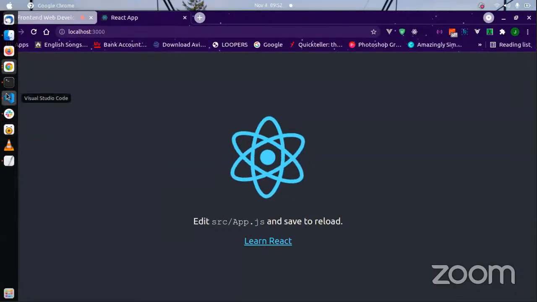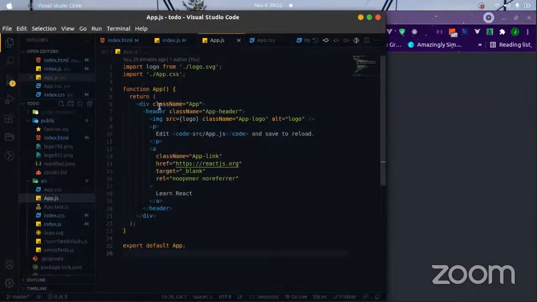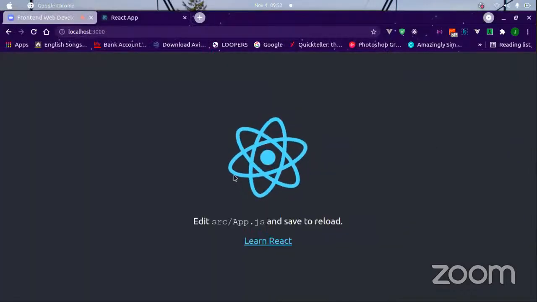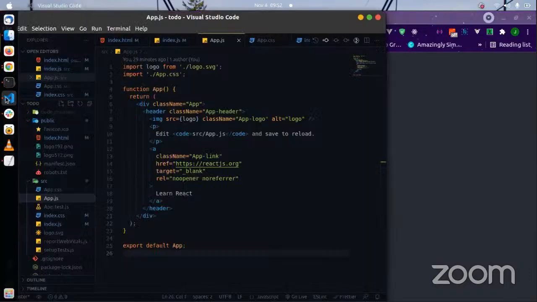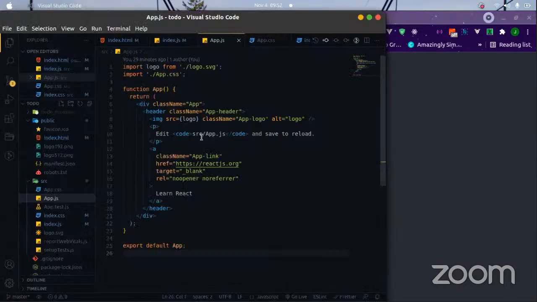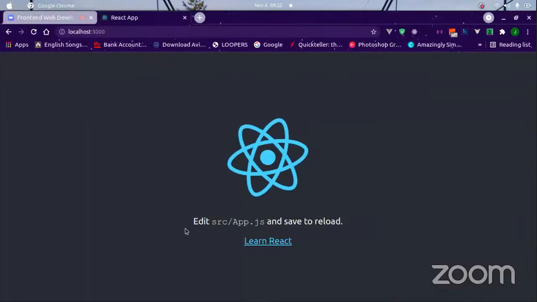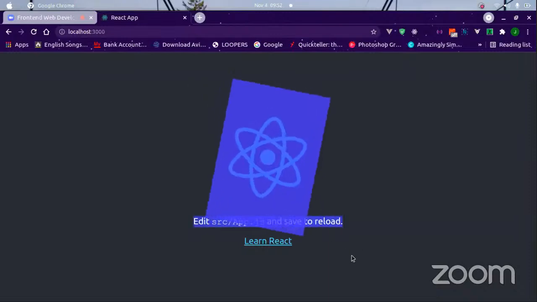Now, if you go back to VS Code, you will find that everything you see on this page is being called from the app.js file. The logo.svg, which is the logo that's spinning here, is also being called from the app.js file. Then this is the paragraph, "Edit the app.js and save and reload," then this is a link, and then "Learn React." This is everything you're seeing in the app.js. So that's to help you understand that